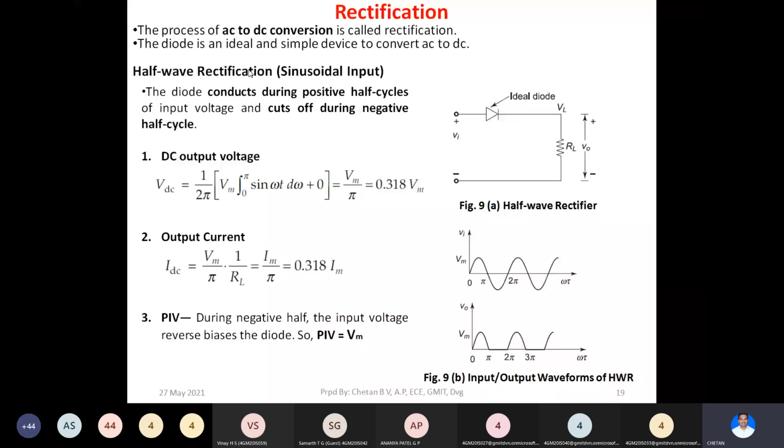I hope you know the differences between AC and DC. AC will be just like a sine waveform like this. So it is a continuously time varying signal, which is alternating current, AC. DC means a constant voltage. So there will be a straight line, just like the x-axis, with constant voltage. That is DC. So under this rectification, first let us study the half wave rectifier or half wave rectification.